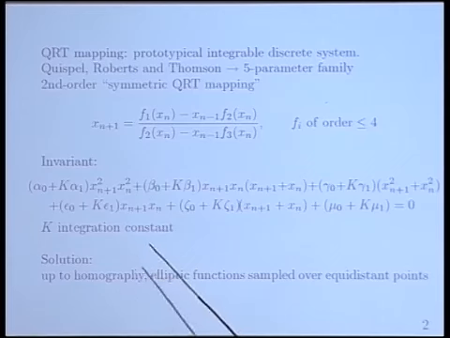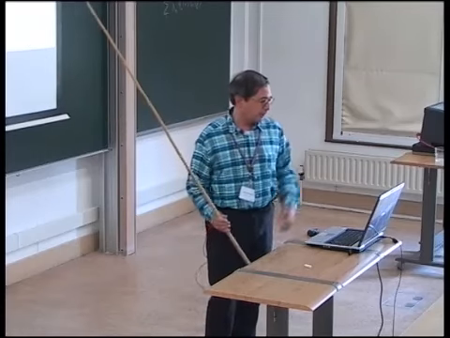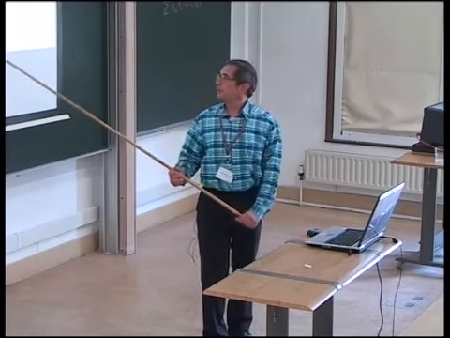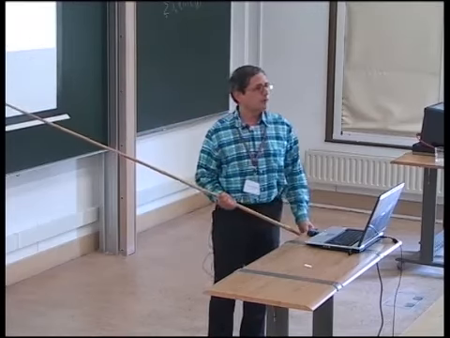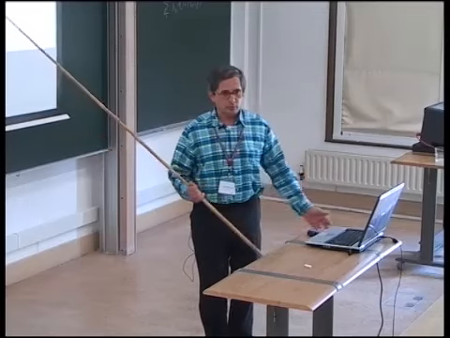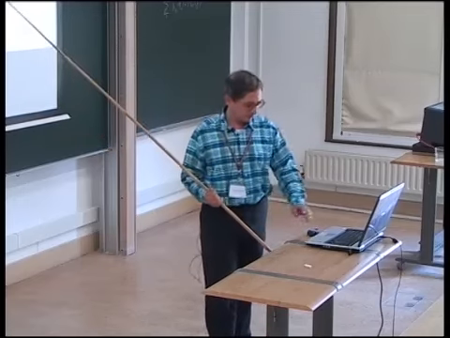And the solution of this mapping is reasonably simple. Up to a homography, it's an elliptic function sampled over equidistant points. Well, you could call it translation over an elliptic curve if you want to use fancy words. Now,